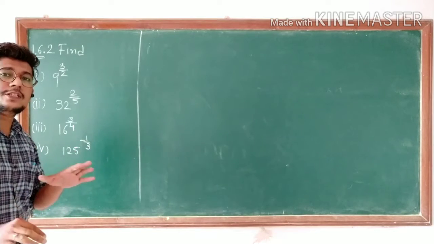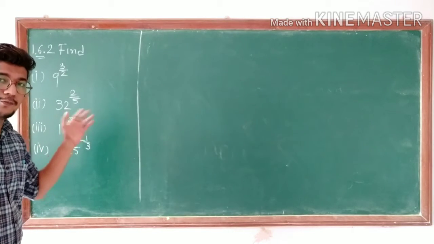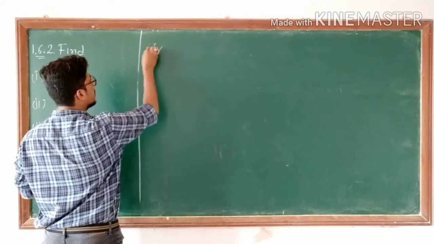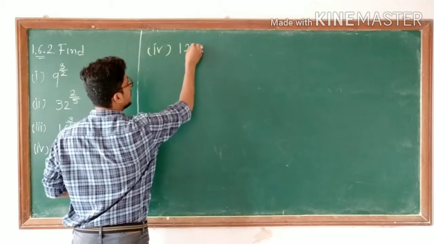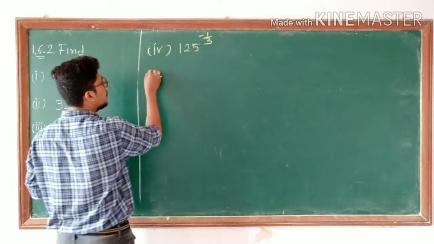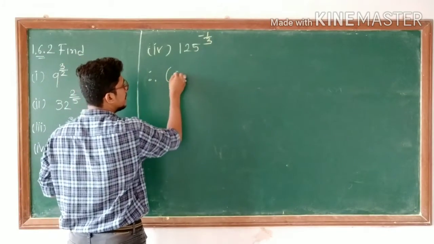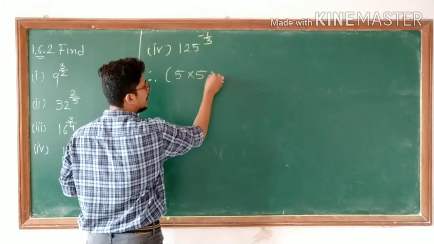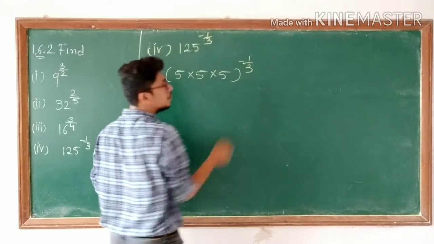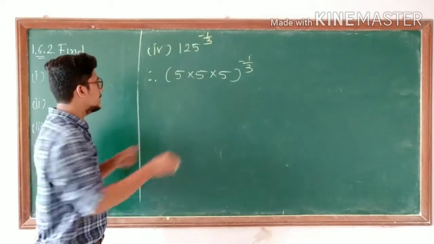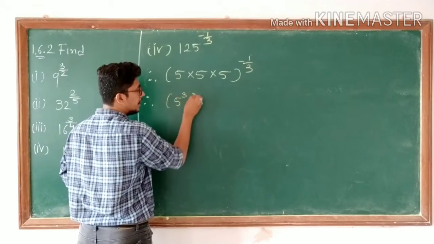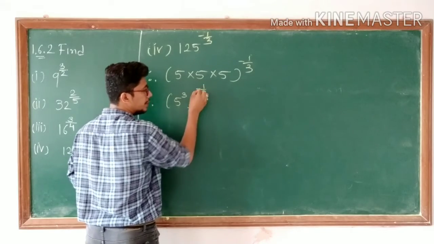Let us follow the same procedure which we have applied for the last few problems. So 125 power of minus 1 by 3, you have to write the equation first: 125 power of minus 1 upon 3. Yes or no? Now, 125 is nothing but 5, 5 are 25, 5 are 125, power of 1 upon 3. Yes or no? 1, 2, 3. So can we write 5 5 5 as 5 power of 3 to the whole power of minus 1 upon 3?